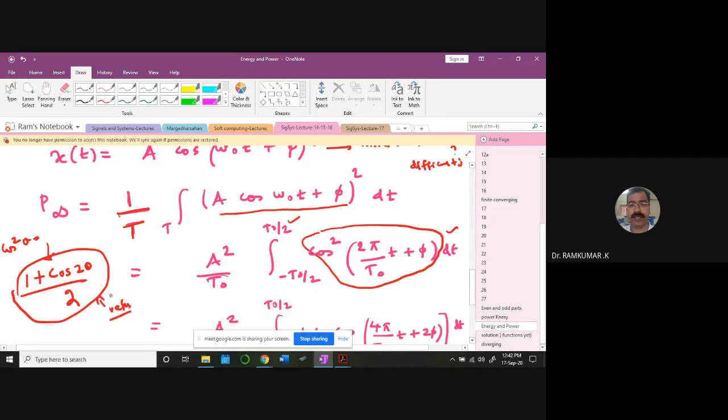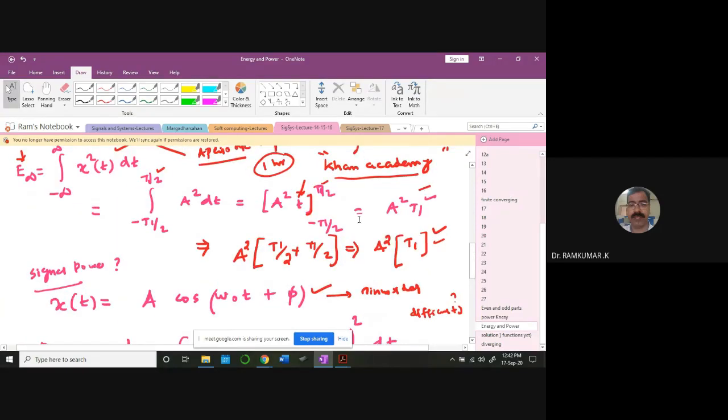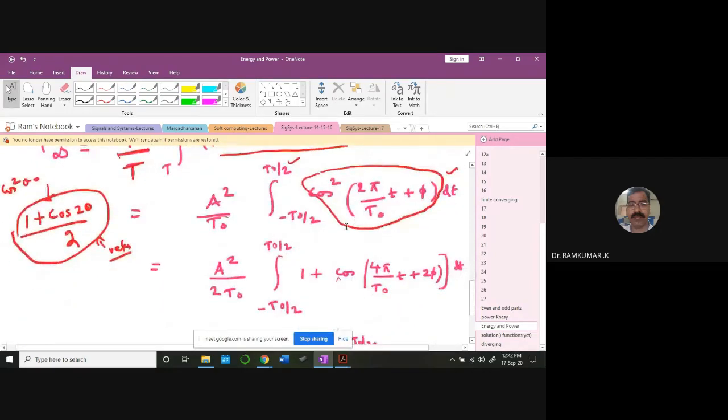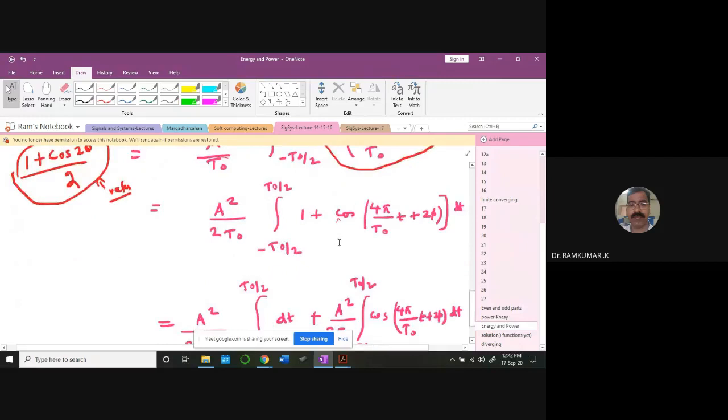All these are beautifully explained in the Khan Academy series. Those who are having difficulty in working out this kind of problems, go back and learn all this. There is nothing wrong in it. Going back to basics is always better rather than imagining that you know something and proceeding further. Maybe you would have forgotten, or you might not have learned properly, or you did not put effort into learning that. All these are all right, but you can always go back and learn.